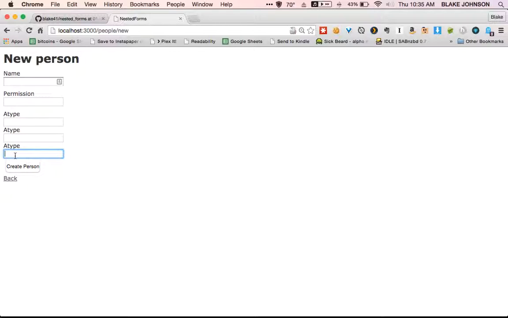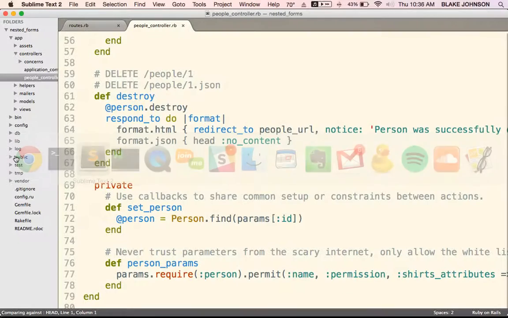So every time I make a new person, I want to give this person a wardrobe. I want to give them 3 shirts. And how do I do that all in one form is kind of the question of the day. So we talked about form_for